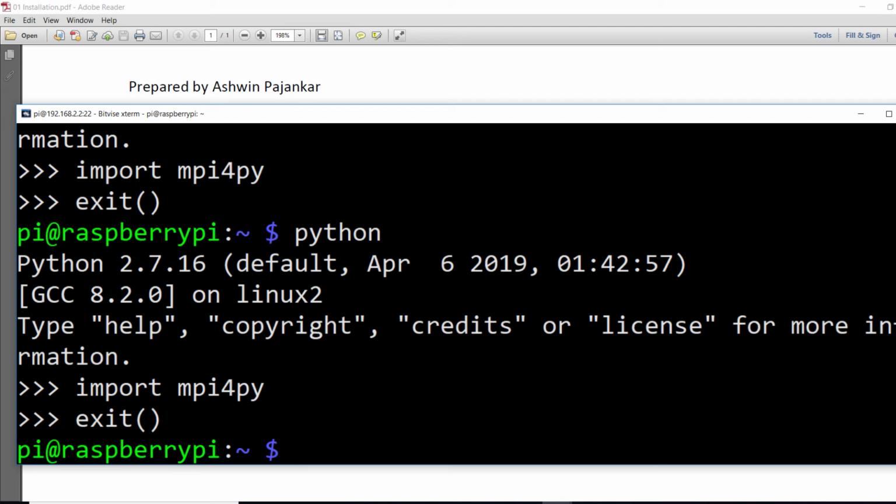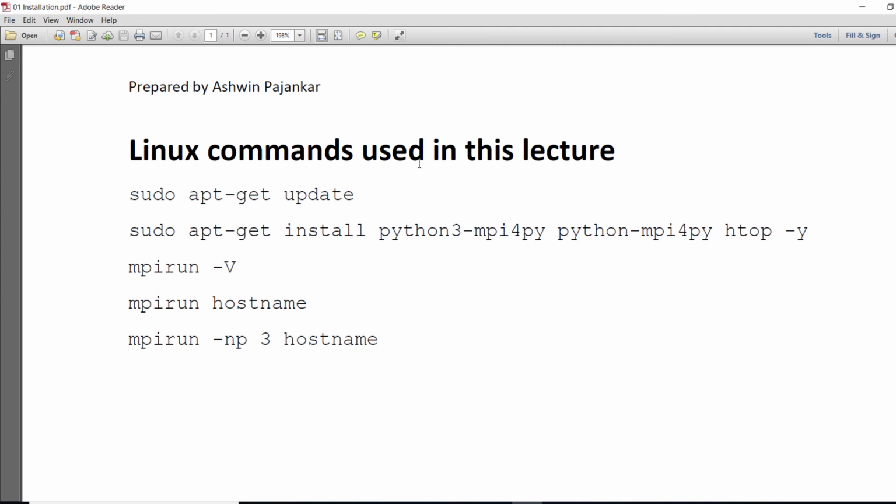So you can run all these commands on all the other nodes. Take it as an exercise for this particular video lecture. So anyway, if you haven't encountered any error at the time of installation, it means that the installation is successful. But these are the general steps to see if your environment has been set up properly. So this is all about the installation of all the required utilities and verifying that installation. So as I told you already, you can find this PDF in the downloadable section of this particular video lecture. So I hope that you understood how we can install MPI for Pi and HTOP utility.